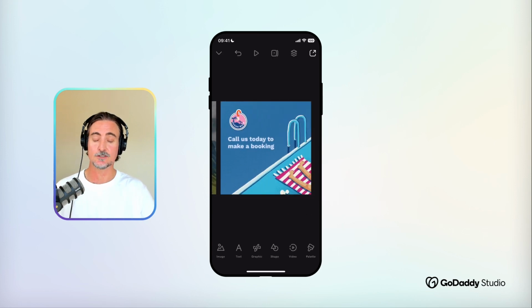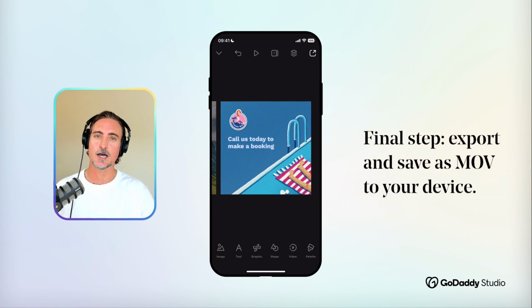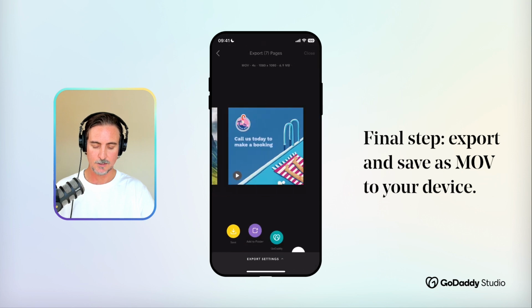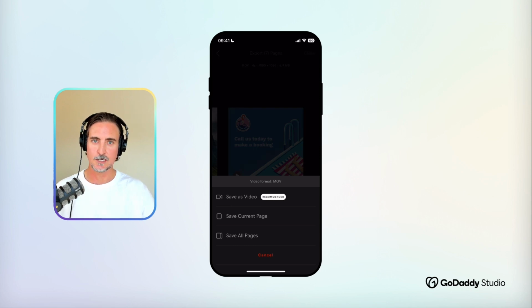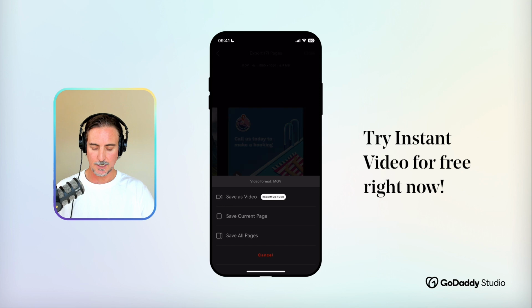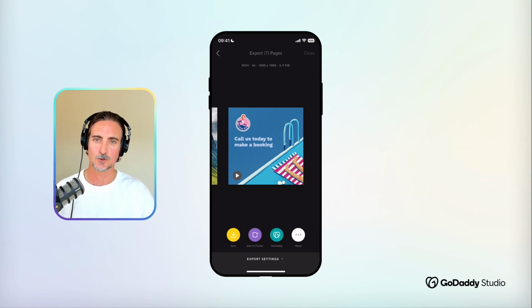All right, I'm happy with that, so nothing left to do now but save out my video. And as always, I'm going to tap the export icon at the top right-hand corner, and I'll follow that up by tapping save. You'll see it's in an MOV format, which is universally accepted across all social media platforms and website builders. And then I'll just tap save as video. And now the video is saved to my device and ready to upload on my website or any social media